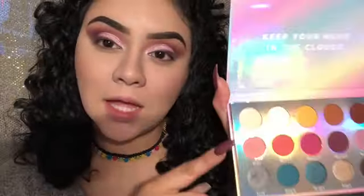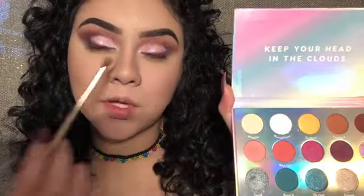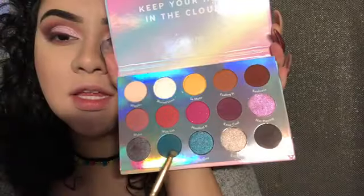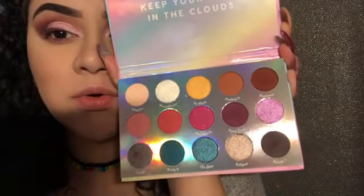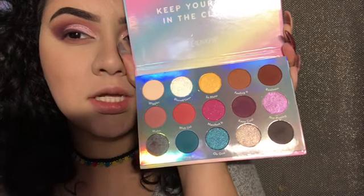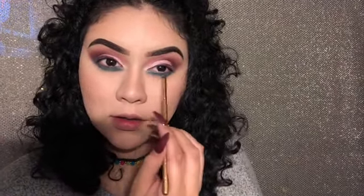Okay, so now I'm going to take that shade in Woke again, and I'm going to blend that down here. Use this shade here. And I know this is crazy, but I'm going to take that shade and put it on my lower lash line. I know, we had such a good purple thing going. But I think it's...